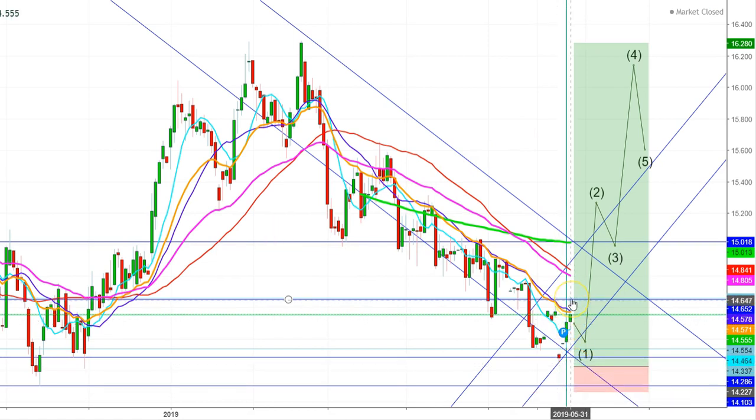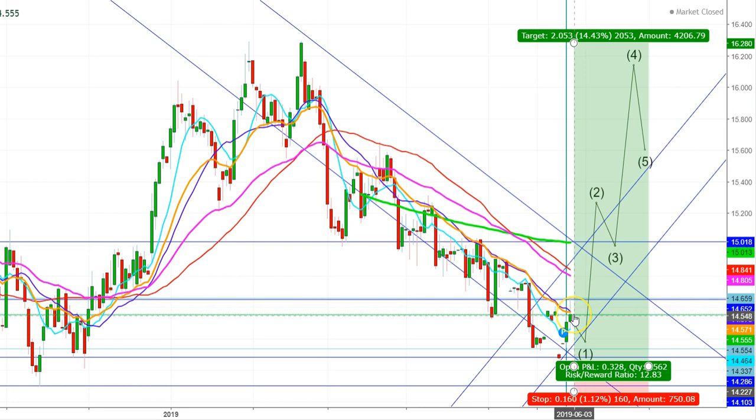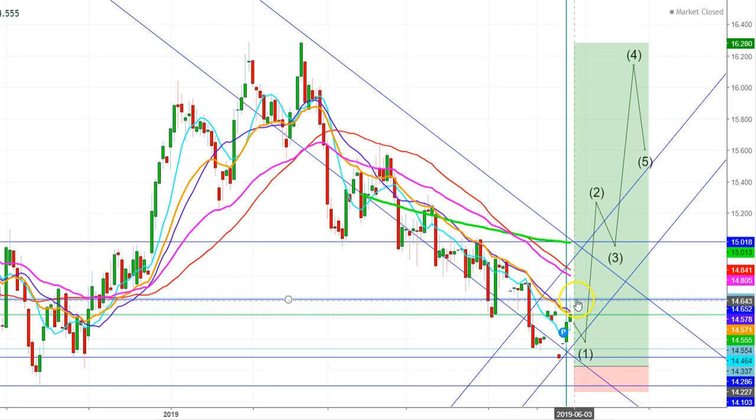Here you can see that the silver futures have found some resistance at the level of $14.647 on May 31st, 2019. But here I find that if the silver futures start the opening session of the upcoming week above the level of $14.548, I find that once again the silver futures find stiff resistance at the same levels, at the level of $14.643, but a downward move up to the level of $14.359 will provide a good opportunity to go long in silver futures for a sharp upward move, where my first